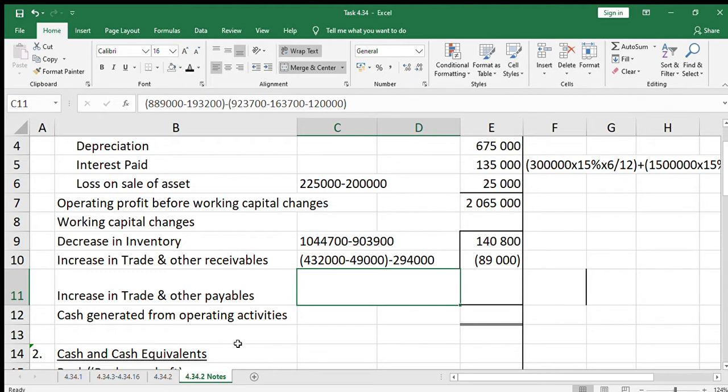Okay, so we've got some figures again on the trial balance, but we need to remove SARS. We also need to remove shareholders for dividends. Okay, so if you look at number 2, the shareholders for dividends balances are given. And if you look at number 1, in 20.1, 163,700 is included. So we're going to take our 889,000 of this year, subtract the shareholders for dividends balance